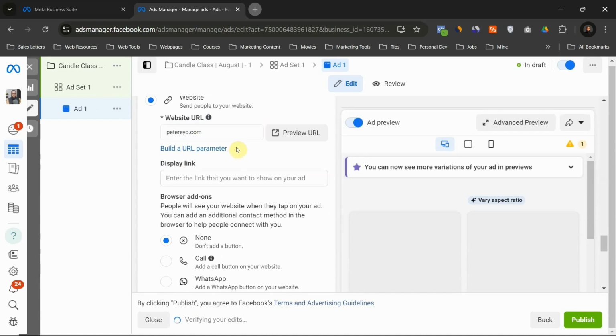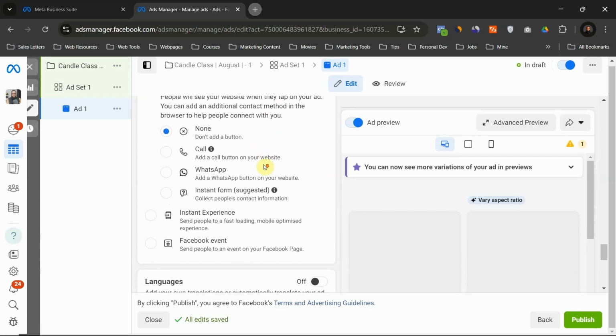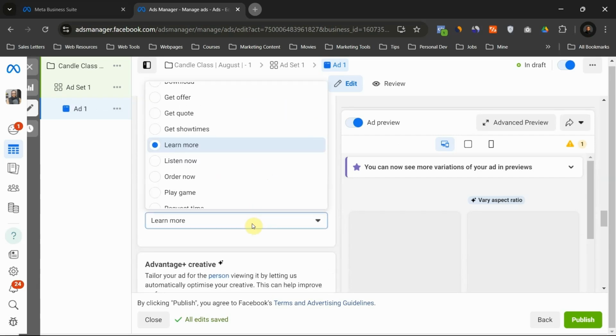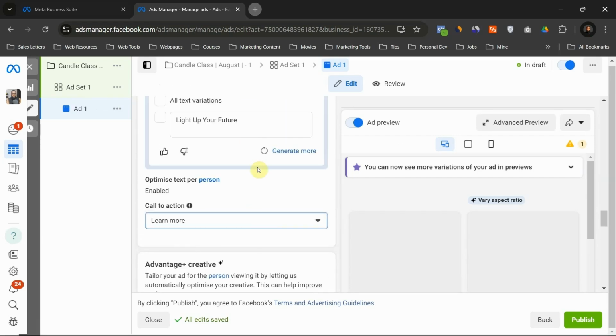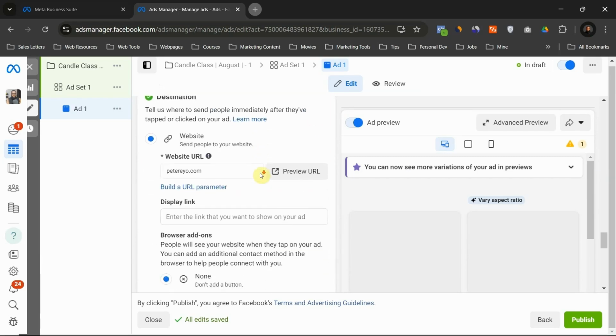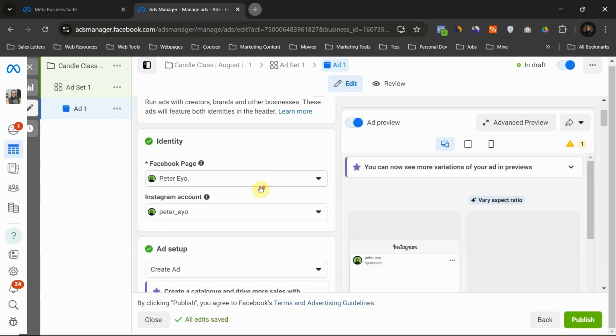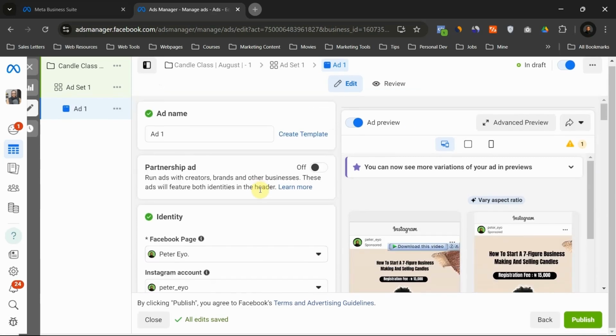Make sure you add the link to your landing page. This is where you are going to add the link to your landing page. Call to action is learn more. Review everything and make sure everything is set up properly.